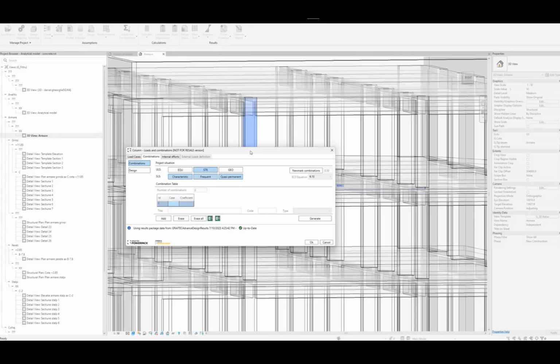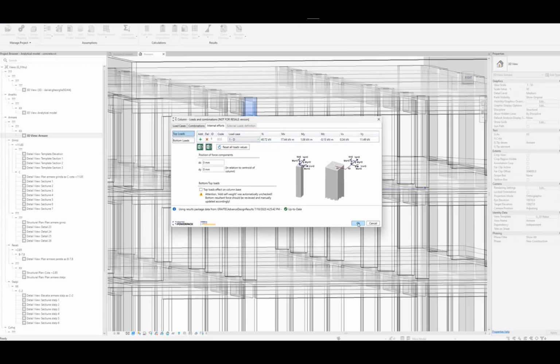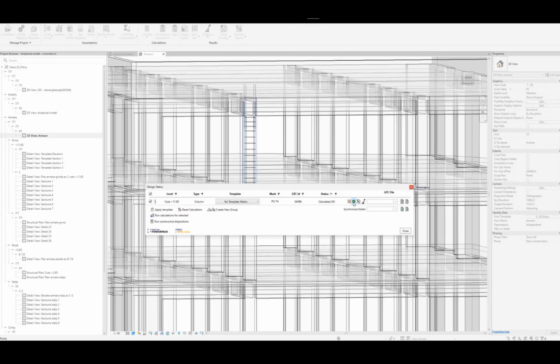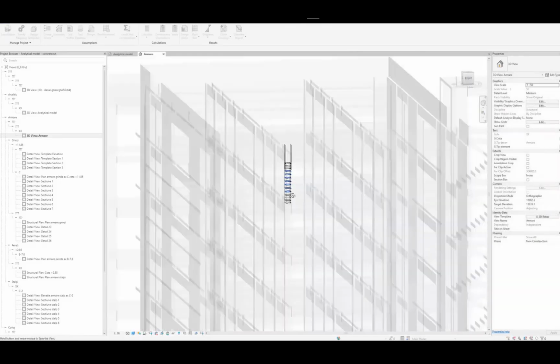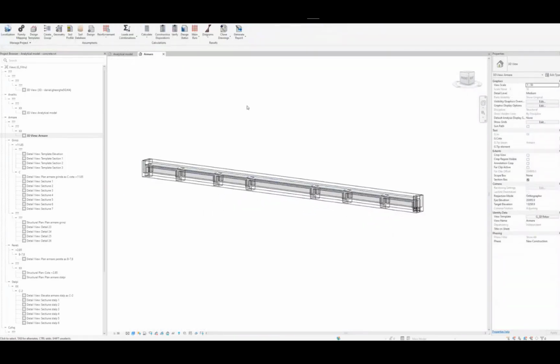So here in Revit, when I import those existing results and select, for example, this column, I will get a torsor, I would say all efforts on this structural element, and I can run the calculation, for example here on this multi-span beam.